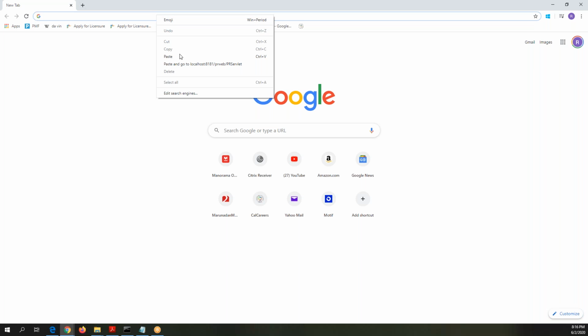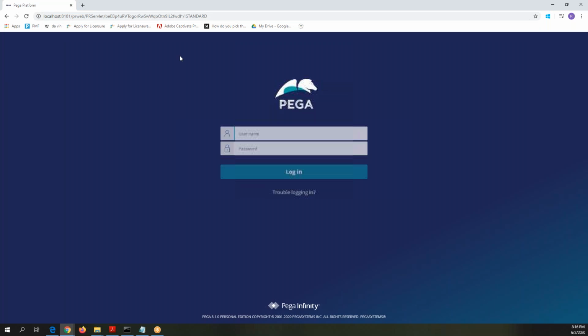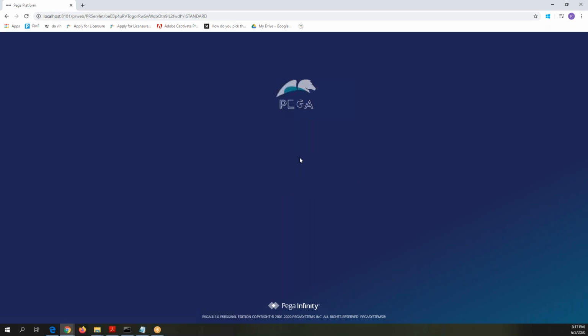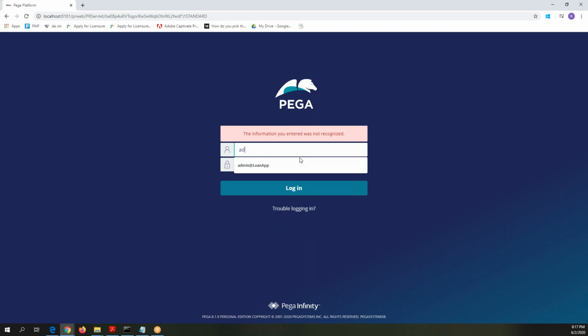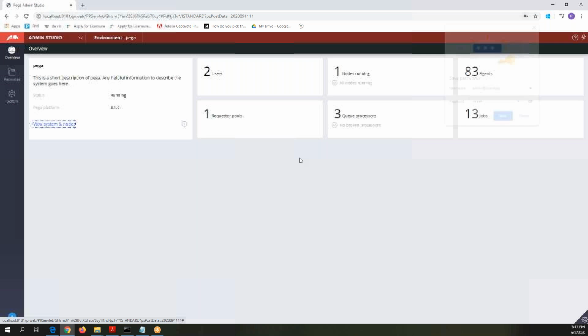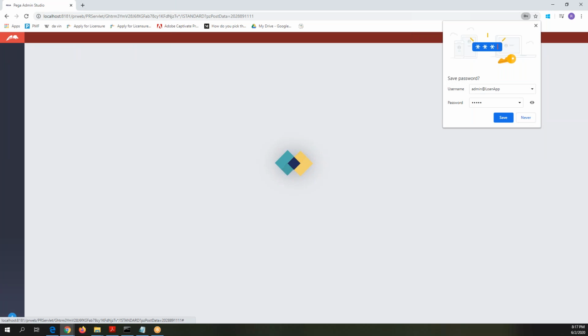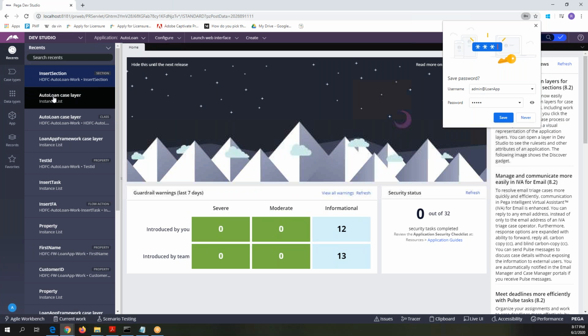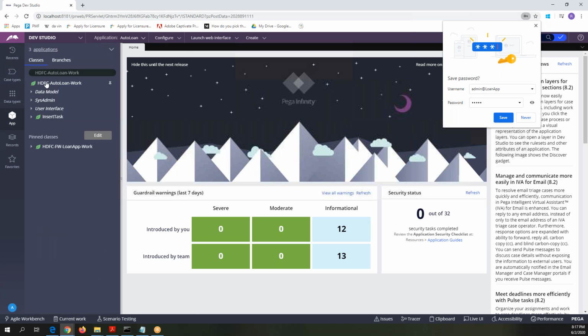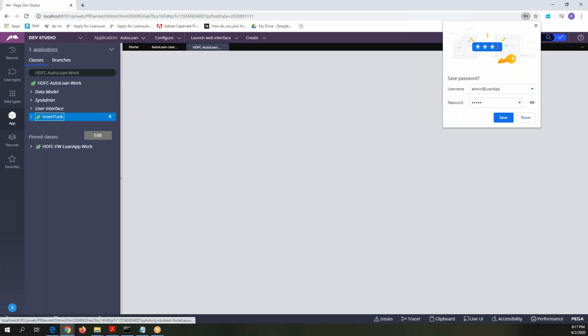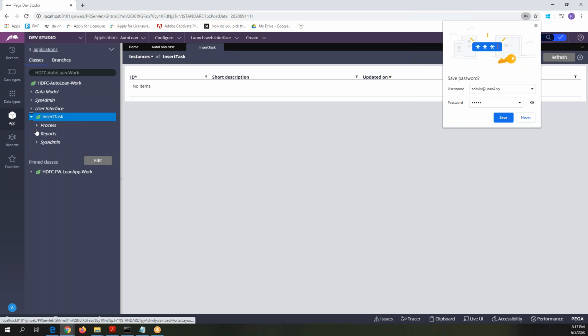Browser is not an issue, but use the Chrome. Okay. Provide the credentials. Wait a second.